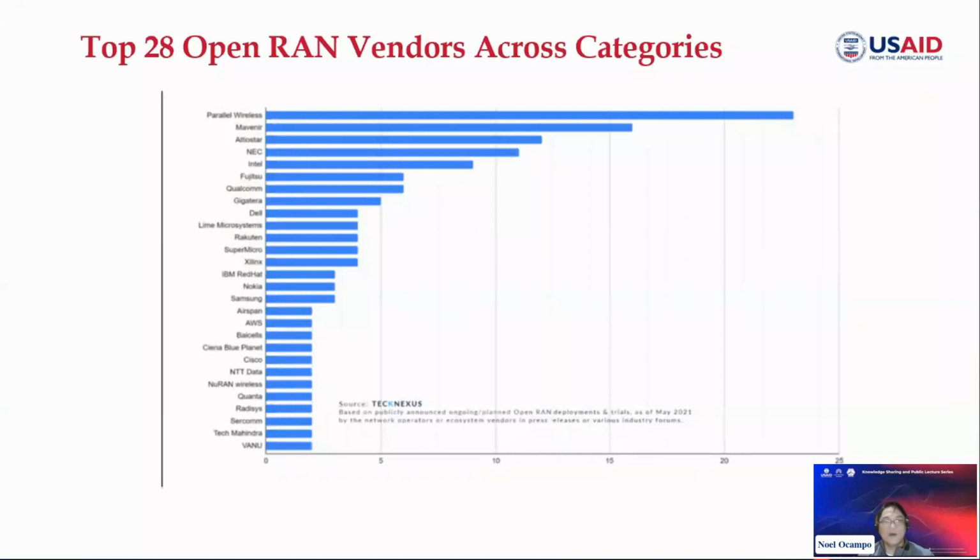We also have other unknown players like Parallel Wireless, and even those traditional desktop and software providers will be interested, like Dell, the public cloud, AWS, and maybe Azure of Microsoft in the future. And as you can take note here, Cisco is also in the playing field. So what it will bring to us is really a level playing field.